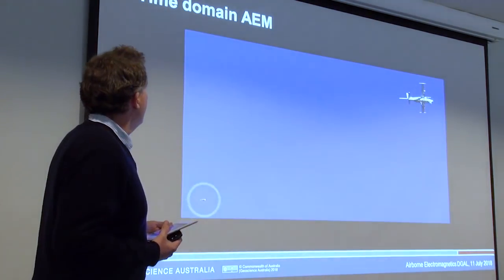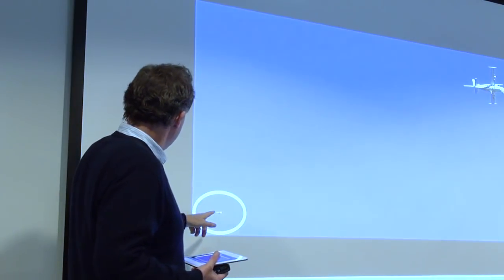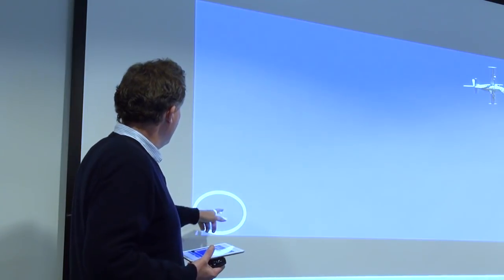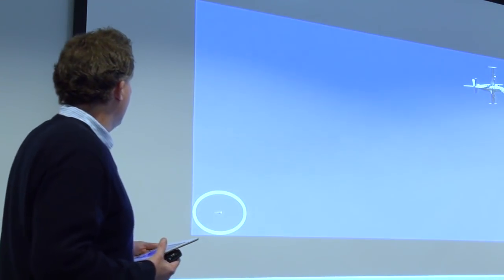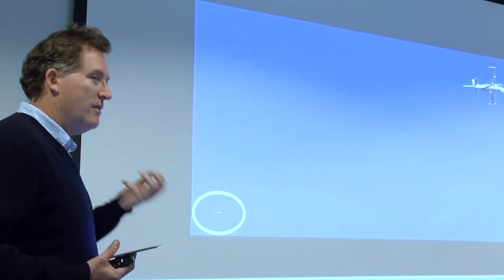And this is the Tempest system, which we're currently using for our AusAEM survey. If you've got very good eyesight, you might be able to see a transmitter loop slung around that aircraft. And if you follow it back here, there's a bird being dragged behind. Now, in this receiver bird, there's coils which will record very small